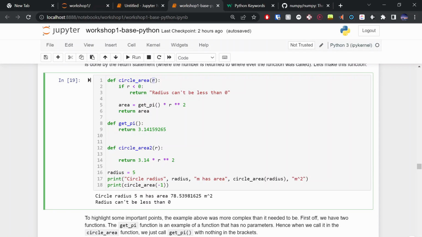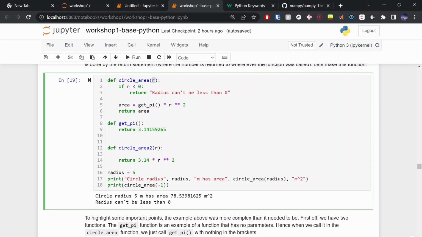So you might be a bit confused: wait, getPy is called before getPy is defined. But with Python, we don't care that that's the case. When we executed this, we weren't actually running any code. We're just telling Python, just remember this block of code. Since we're only calling this code after we've defined these functions, it doesn't matter that getPy is called up here but defined here, because by the time we reach down here, we've defined both functions and they're accessible to Python.